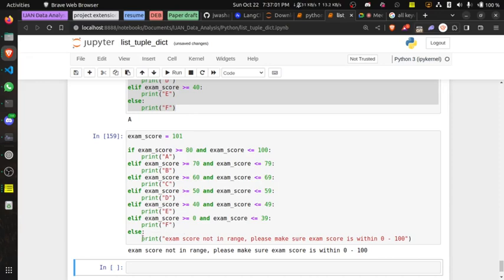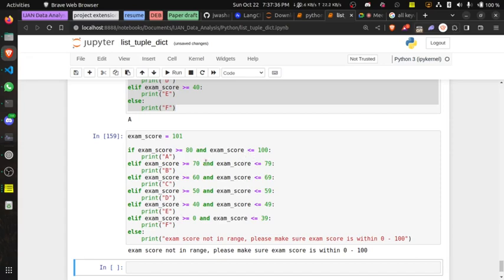And something as simple as this can be embedded into a software, maybe a marking system or a grading system. You could just do something like this, where exam score is this and that, do this, so it does it automatically. All you have to do is run this and it works. Change the exam score, put it and it works. Change this and put it and it works. So that's how simple it is, right?